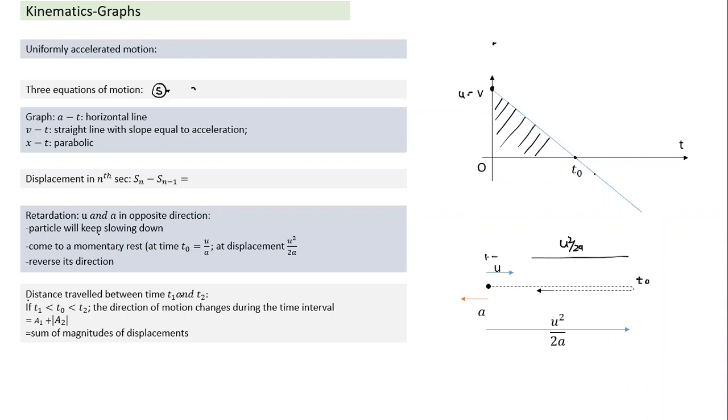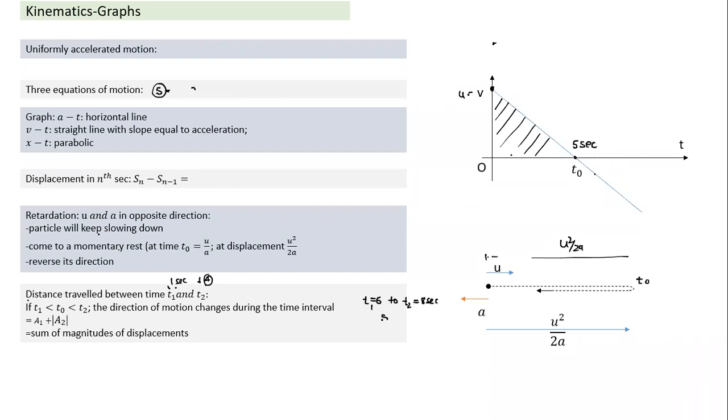And for the distance traveled between times t1 and t2, suppose I take a simple case here. Suppose this time is equal to 5 seconds. If I have to calculate the distance traveled between 1 second and 4 seconds, the distance traveled and displacement will be the same because the direction is not changing. Similarly, if you have to calculate the distance traveled between t1 equal to 6 seconds and t2 equal to 8 seconds,